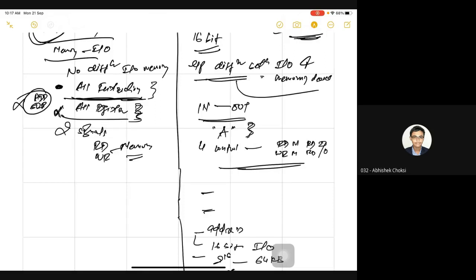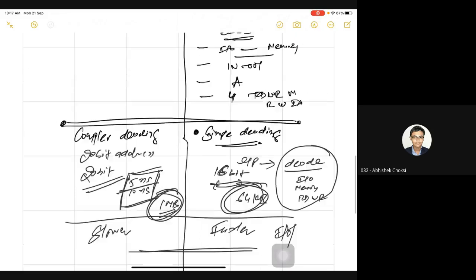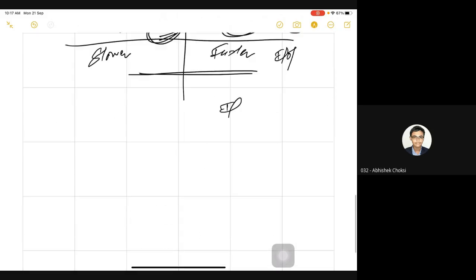Third, here you need 4 control signals, here you need 2 control signals. Only 2 control signals are reduced from the system, and you don't get any other advantage. The circuit remains as complex as it is. So your circuit will not get simpler, only 2 signals will be saved. Get it? So practically IO mapped IO is better. Why? Because decoding is simple and it will be faster.